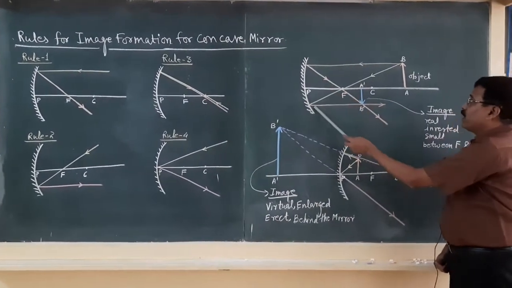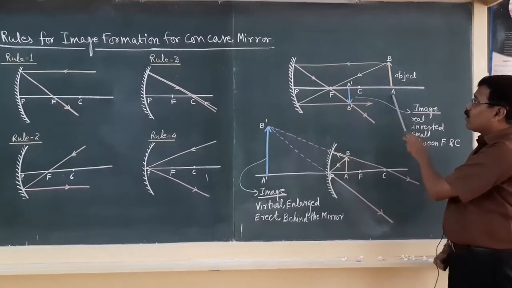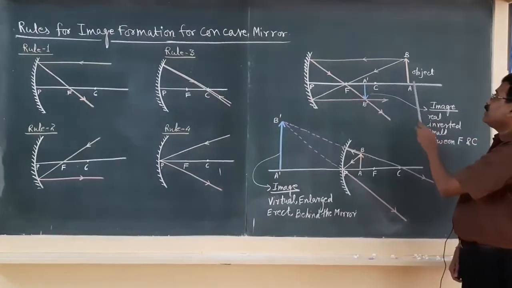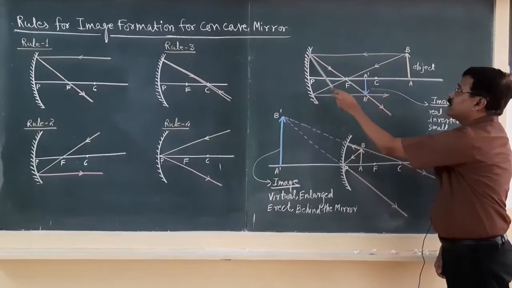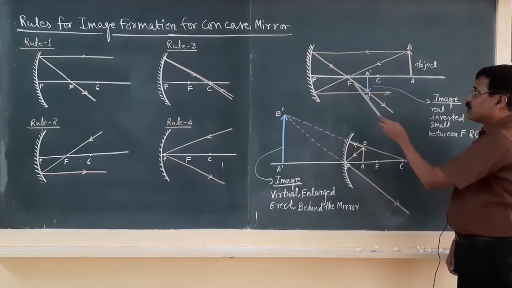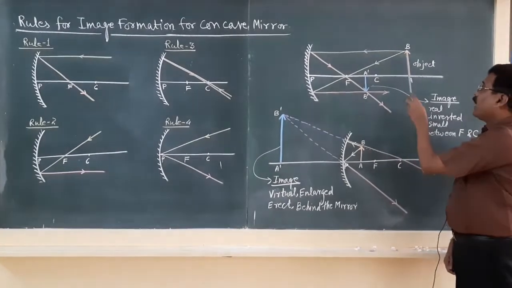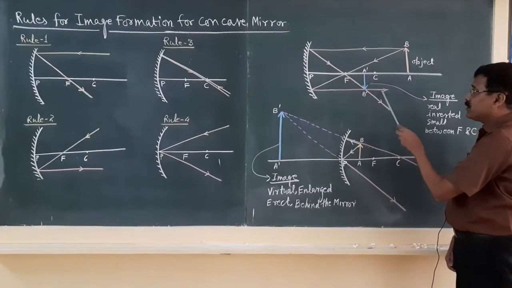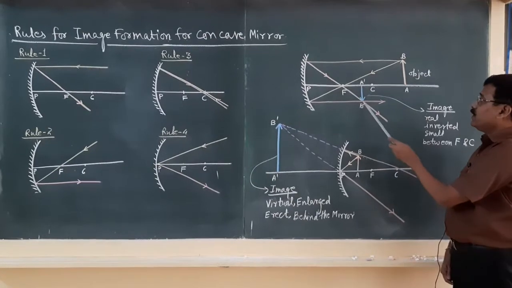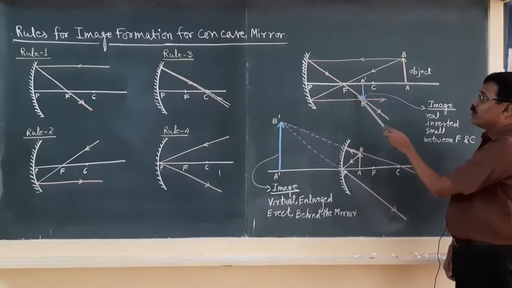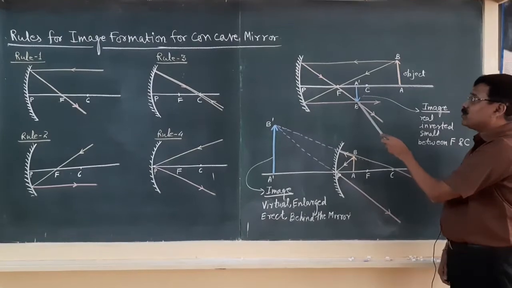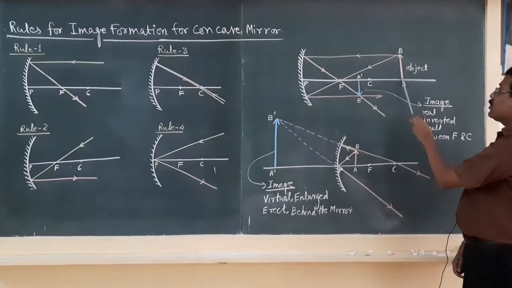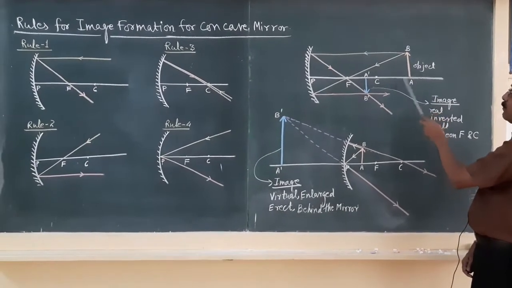So, this is the concave mirror, this is the object, and this object is placed beyond the center of curvature. How will the image form? If the light ray is parallel to the principal axis, it is reflected back and passes through the focus. If the light ray is incident on the mirror through the focus, after reflection it becomes parallel. What you see is the intersection point of two reflected rays, and this is the position of the image. A dash B dash will be the image of the object AB, which is kept beyond the center of curvature.